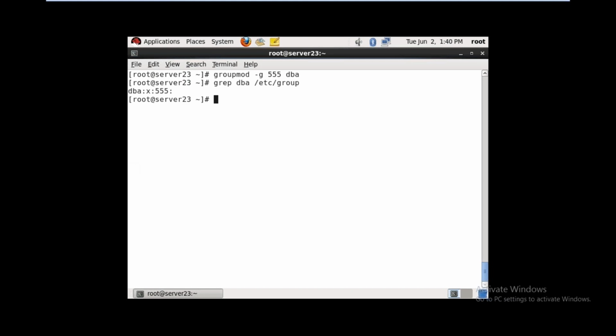Now to modify the group name, groupmod -n, new name Oracle, old name DBA. To modify the group name, the command is groupmod -n new name Oracle, old name DBA.